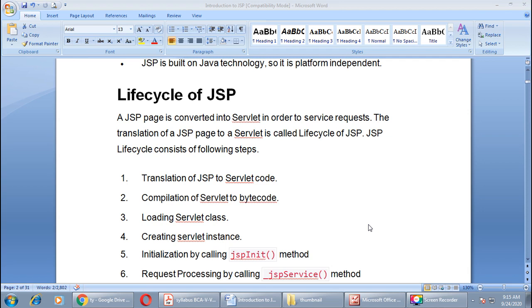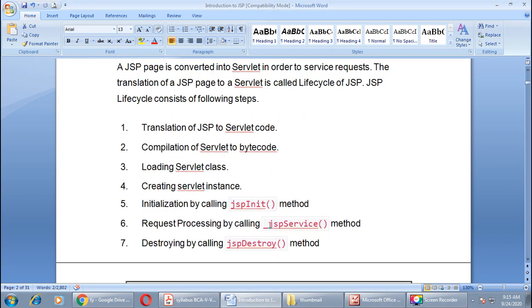The translation of a JSP page to a servlet is called the life cycle of JSP, that we have already seen in the previous topic, right? The JSP cycle consists of some steps. Those steps are listed here. You can see the list of all the steps. Let us see one by one.